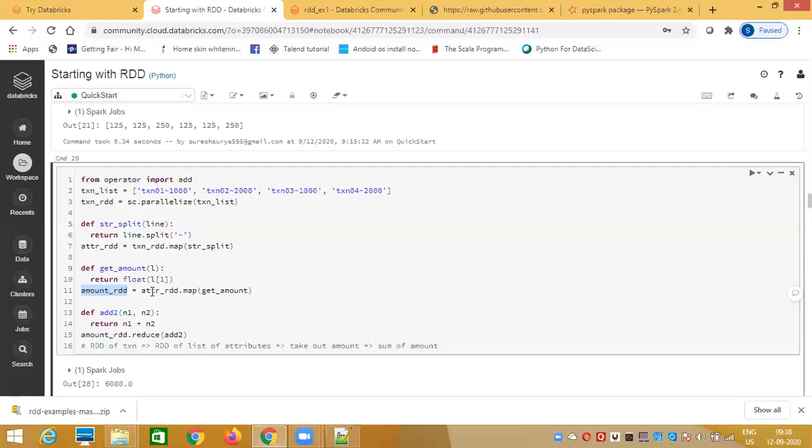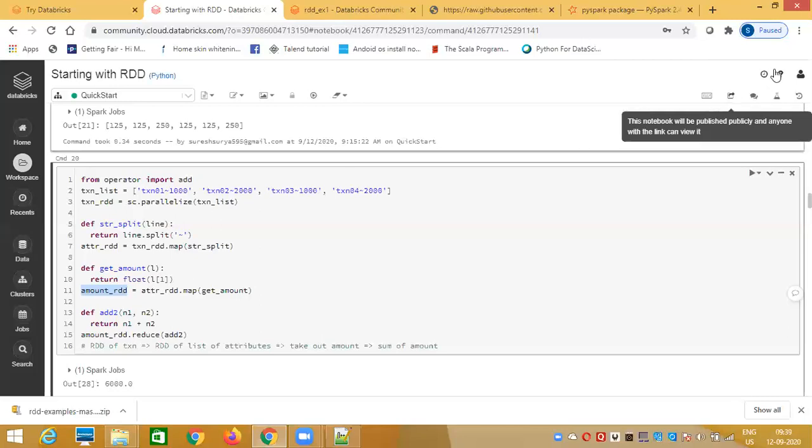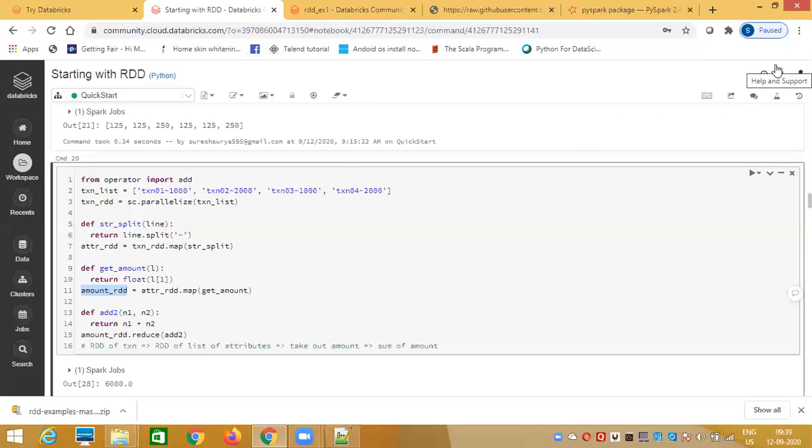So here, to make it understood, you are defining a get amount, going to line number 9. You're providing the attribute as L and taking a return of that L. Remove that float and other stuff.